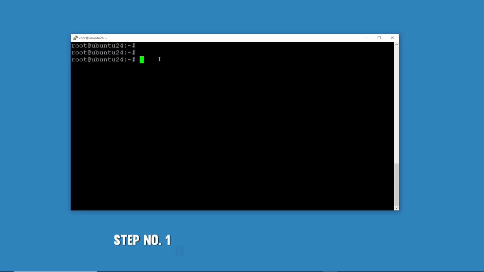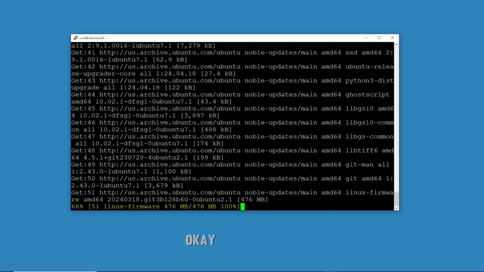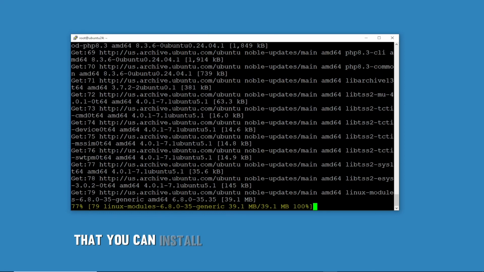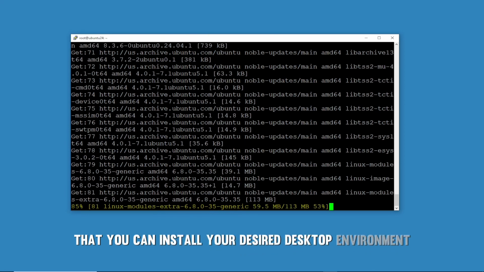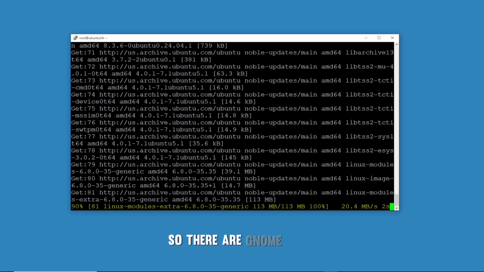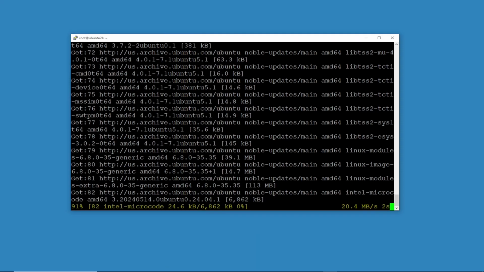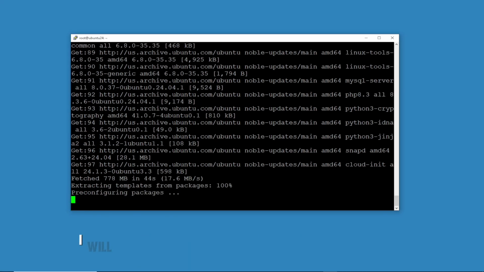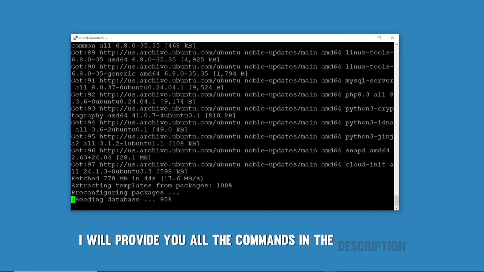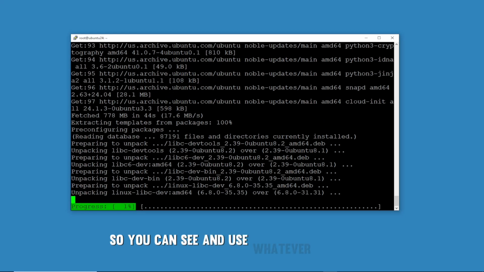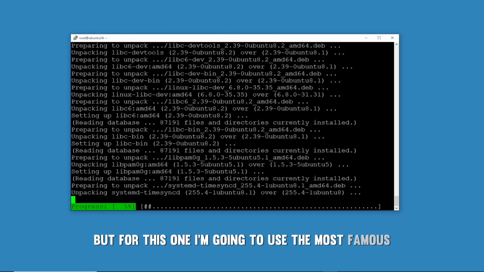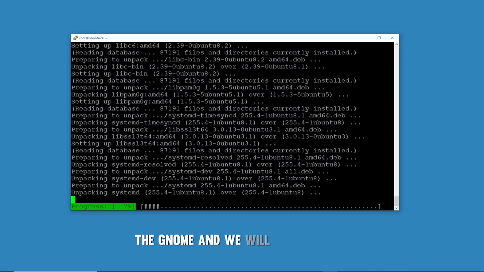Step number 1 is updating the index. apt update. Okay, so meanwhile when it's upgrading, I want to tell you that you can install your desired desktop environment. So there are Gnome, XFCE, KDE, LXDE, and the MATE. Whatever you want, I will provide you all the commands in the description so you can see and use whatever you want. But for this one, I'm going to use the most famous, the Gnome, and we will install that,